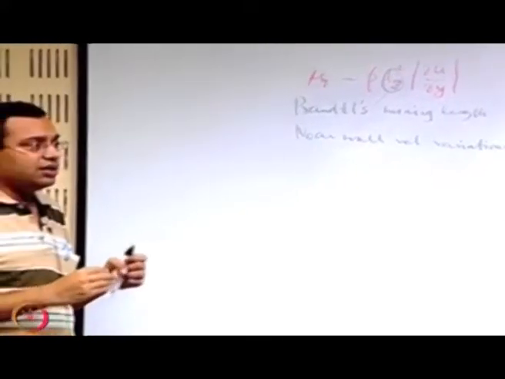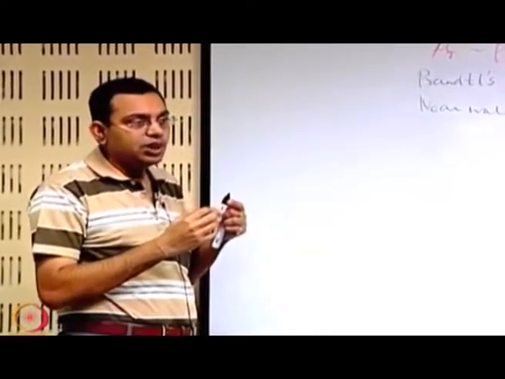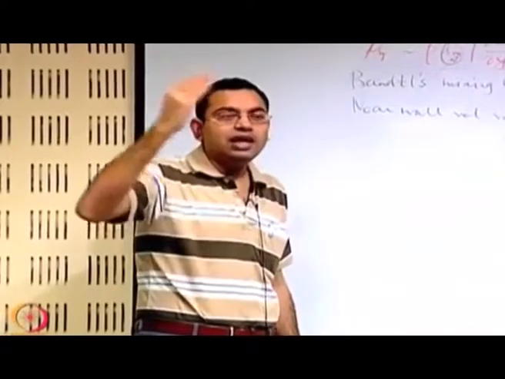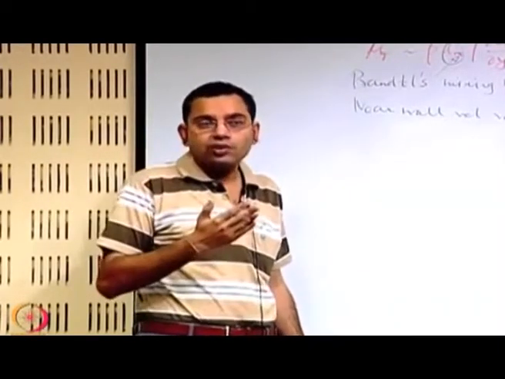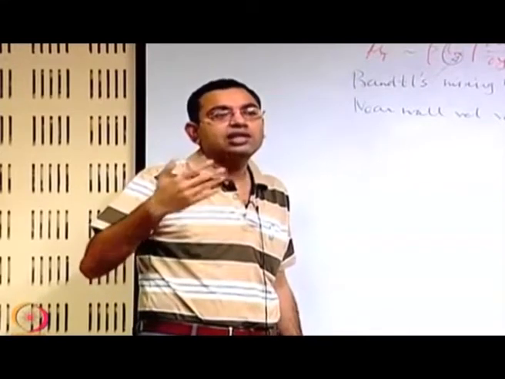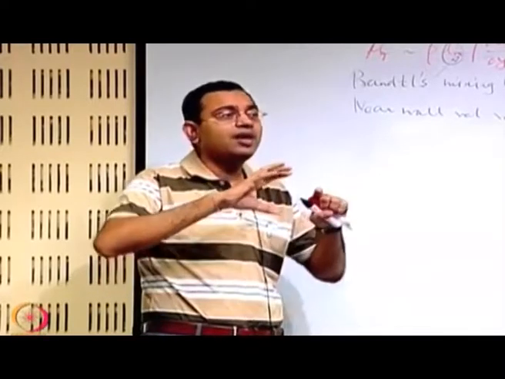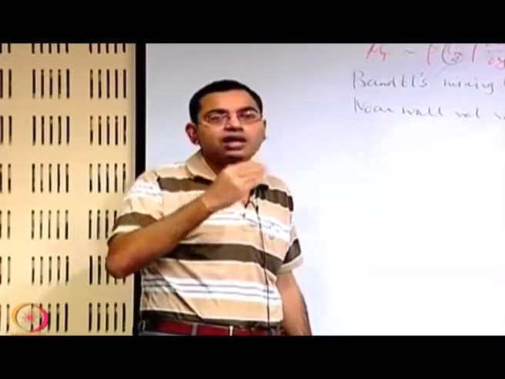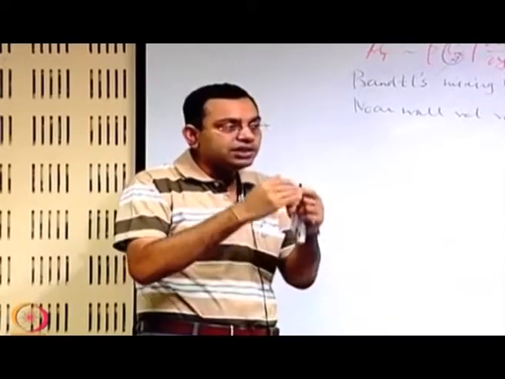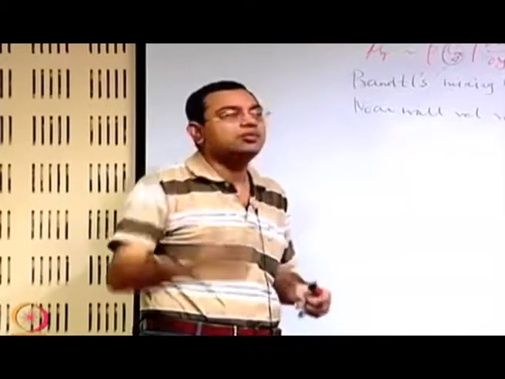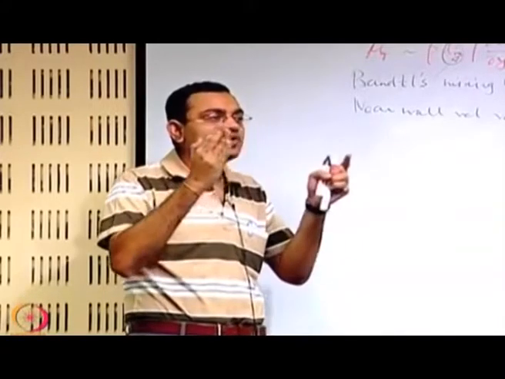Slightly away from the wall, it may be an interesting transition, because if you go further and further away from the wall, the turbulence effects are important. If you are very close to the wall, adjacent to the wall, the wall shear stress is the dominating factor. So that is the laminar effect that is important. So this we may qualitatively call as sort of inner region and outer region. So inner region is like a region very close to the wall, outer region is somewhat away from the wall where the turbulence effects are more and more important. But these regions are fuzzy, so there is a transition and it is a sort of overlap.